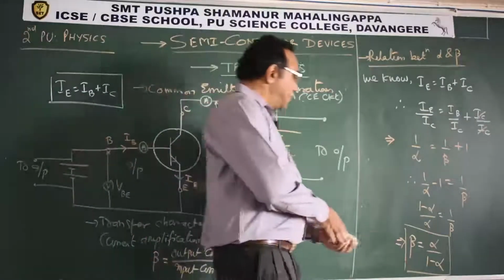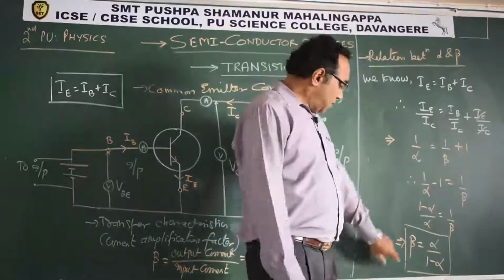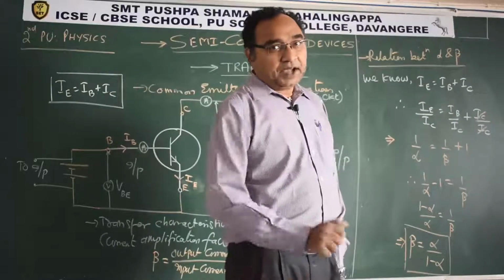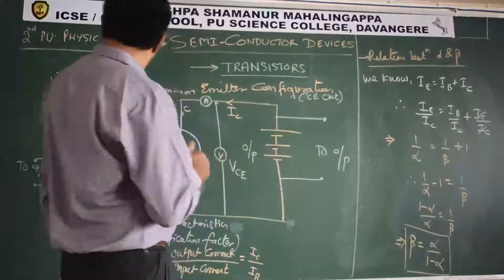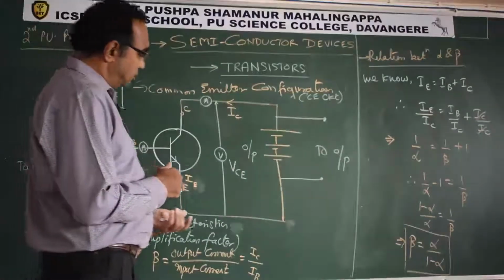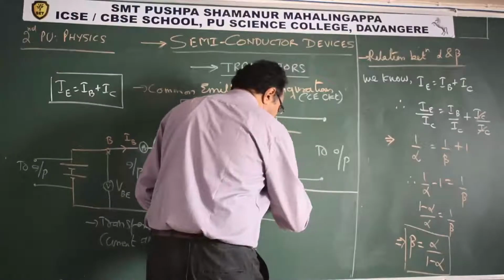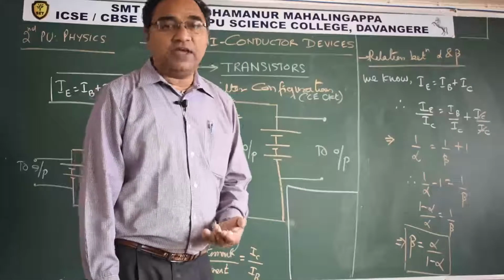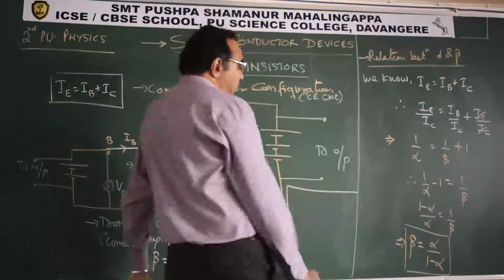Okay. Now that was one part of the question. So your doubt is clear now? Yes. Let us move ahead. So our aim is to find whether beta, which is current amplification factor, is greater than 1 or not, right? Okay, so one small space I will take here. In this much space I will show you only one calculation which will give you a feeling what exactly this circuit is.